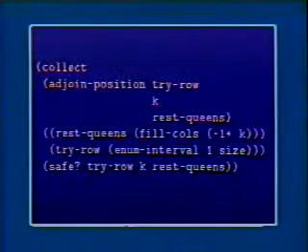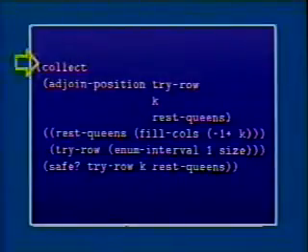I find all ways to put down queens in the first k minus 1 columns. And that's just what I said before. Imagine I have this tree down to k minus 1 levels. And then I find all ways of trying a row. That's just each of the possible rows, their size rows. So that's enumerate interval.